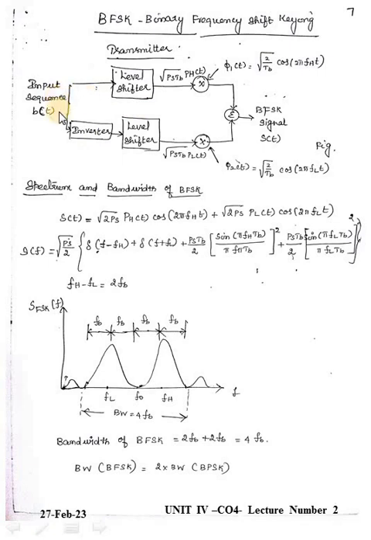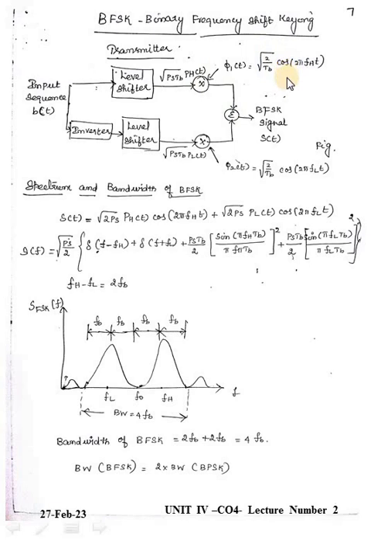For bit 1, the high frequency signal is transmitted, and at the same time the low frequency signal is in off mode. Then if b of t is equal to 0, the condition is vice versa. Here it is going to be in off condition and this is going to be in on condition. This is the multiplier. In this multiplier, we multiply the unipolar output from the level shifter along with the